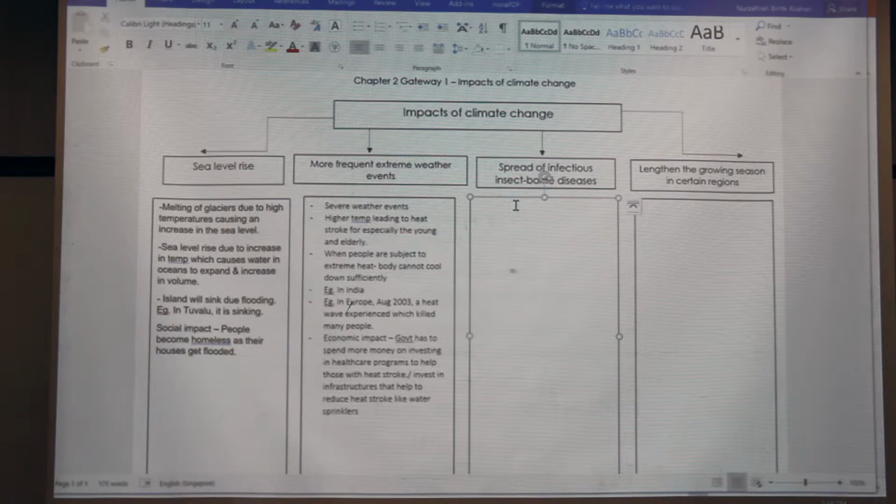So how do you think that climate change will lead to this increase in disease? Can you answer how climate change results in more mosquitoes breeding? Because mosquitoes can only breed in tropical areas that are hot, so they are unable to spread to cold areas. But since climate change,